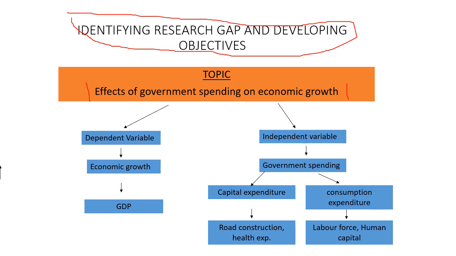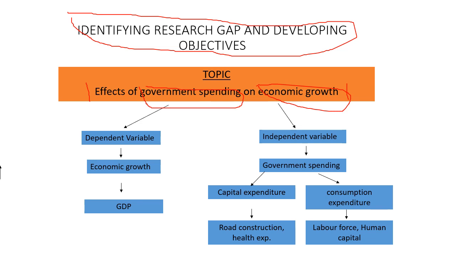All right, now let's go on. In this topic, you can see we have the first variable, that is government spending. The second one is economic growth. We are going to look at how government spending affects economic growth. Is there a linear relationship? Is it upwards or downwards, or is there a neutral or zero relationship with it? As time goes on, I will teach all these things in a graphical and mathematical way for better comprehension. All right, so this is what you have, and you want to develop objectives,